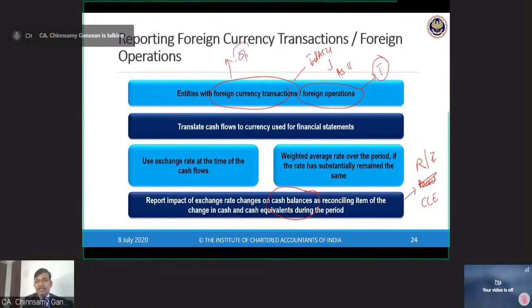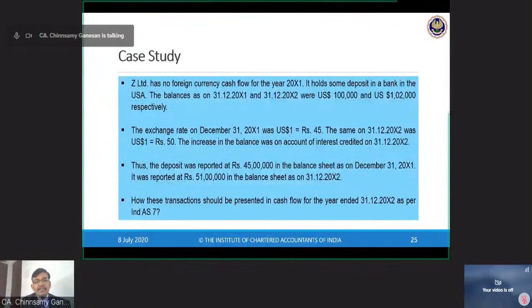So it will go into that particular situation. Suppose if it is unrealized, it is a non-cash expenditure, so it will be added and deducted in the respective items. We will see how we will add and deduct the particular item. Let us take one case study for you to understand. I think I have already explained. What it says is that